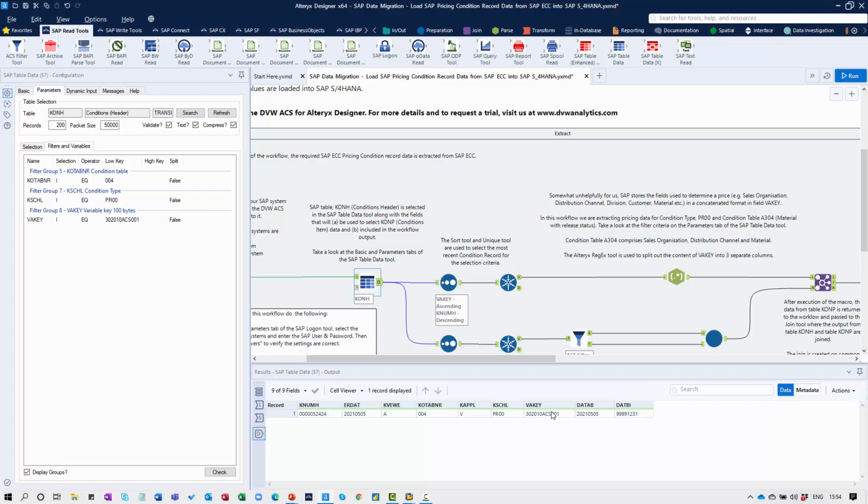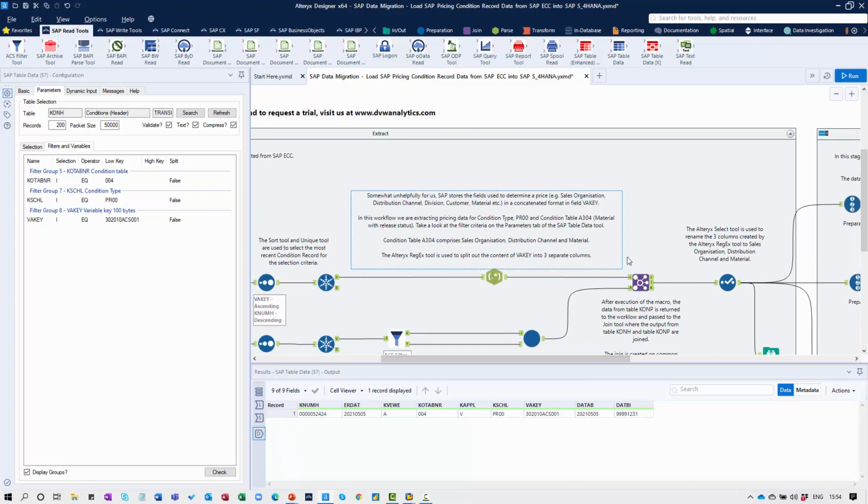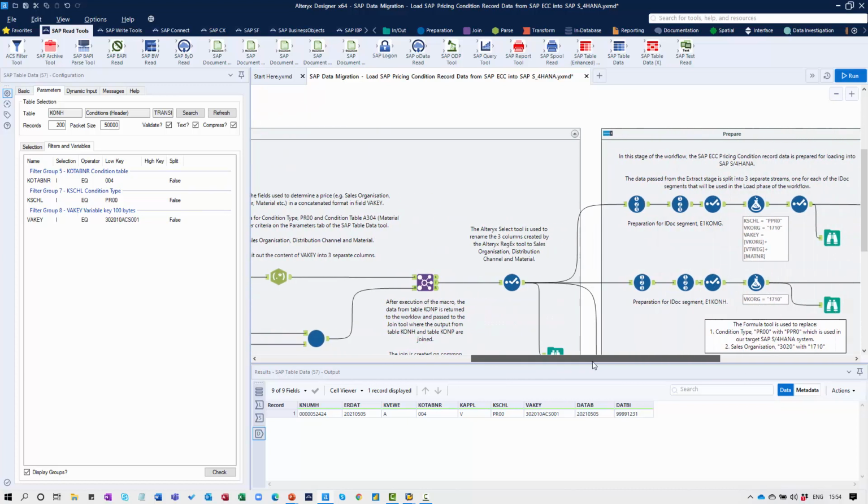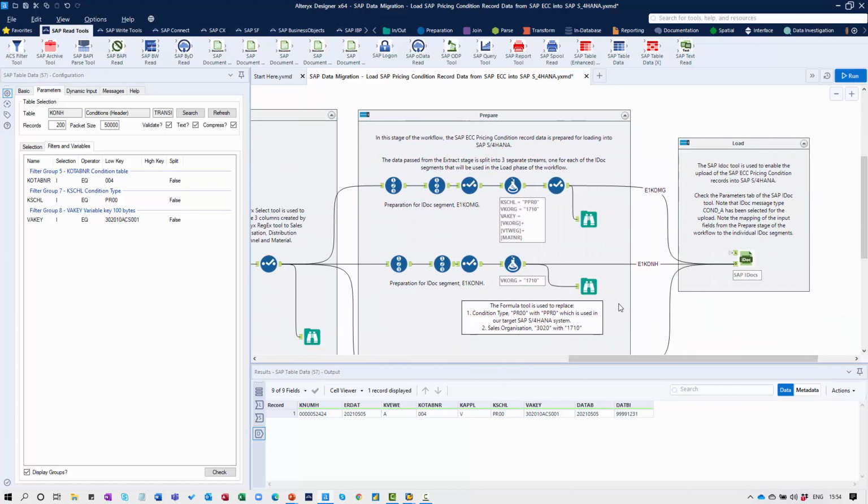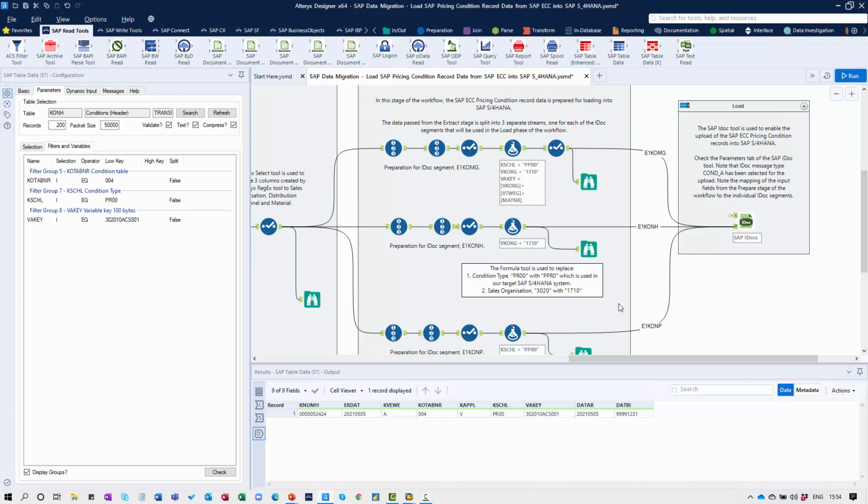I'm then using some Alteryx-specific capabilities here just to clean the data up a little bit. If I move further along, in my preparation phase, I'm doing a couple of things. Firstly, you recall that the condition type was different in my target system to my source system, and the sales organizations were different between those two systems. So I'm using a formula tool to apply that logic to the data. I'm also preparing the data in these three branches of the workflow,